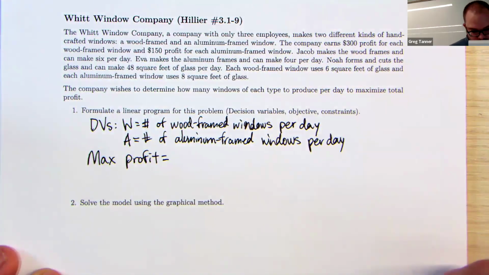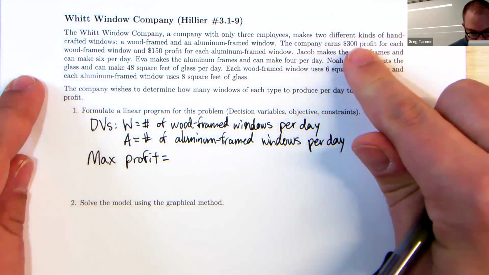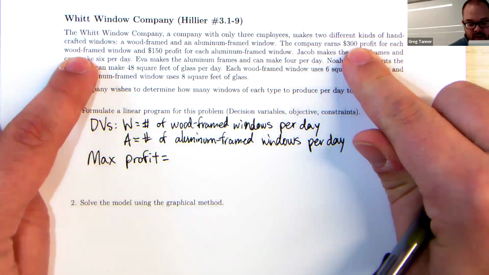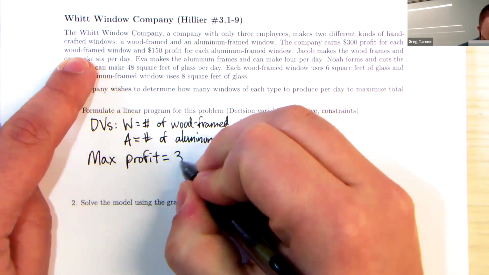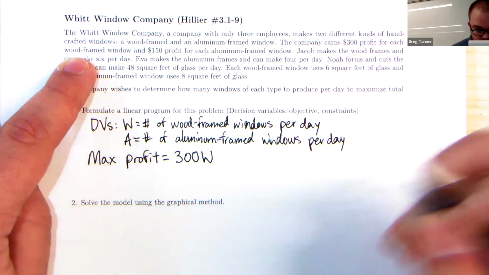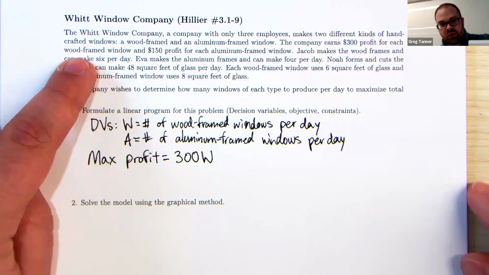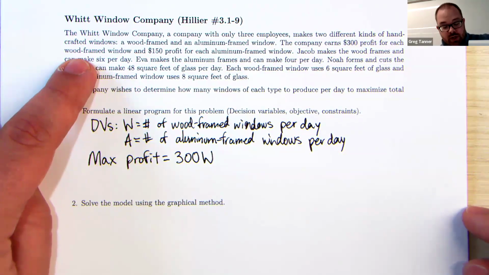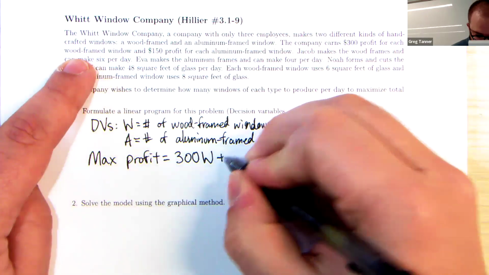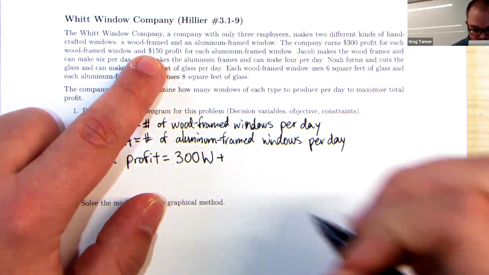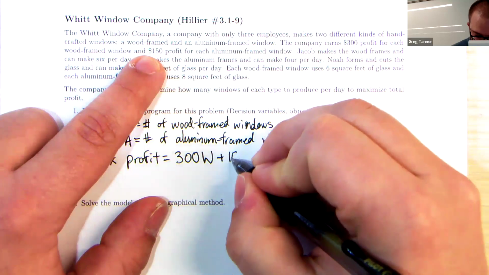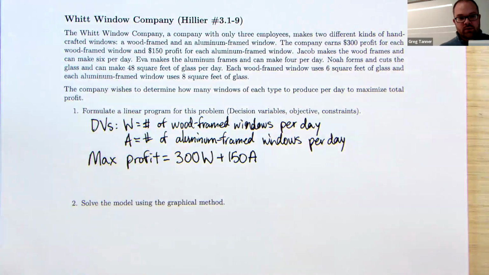And that profit is, well, our profit contribution from wood frame window is $300 of profit per window. So 300 times the number of windows that we make is the profit per day from windows. And then we get $150 of profit per window for our aluminum framed windows. So it looks like the wood frame windows are a little bit more desirable. They've got a higher profit margin on them,